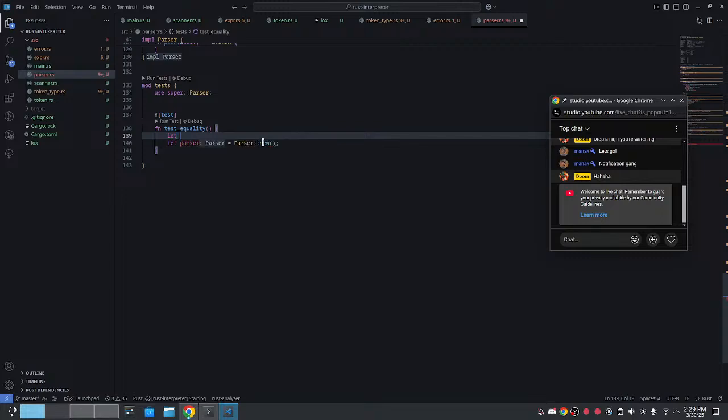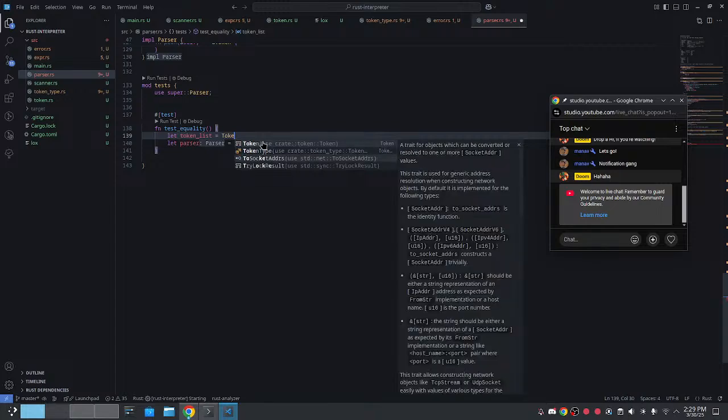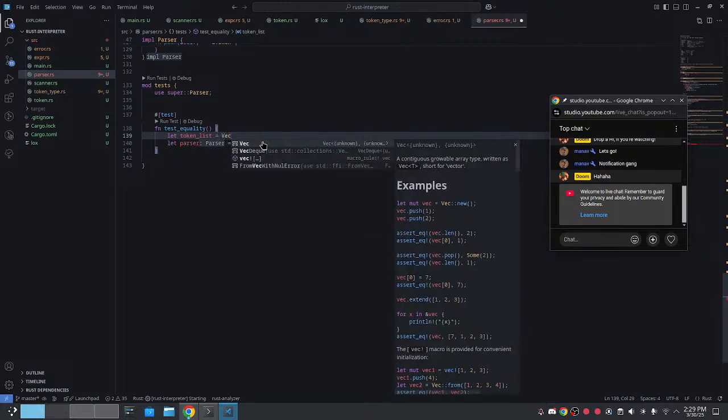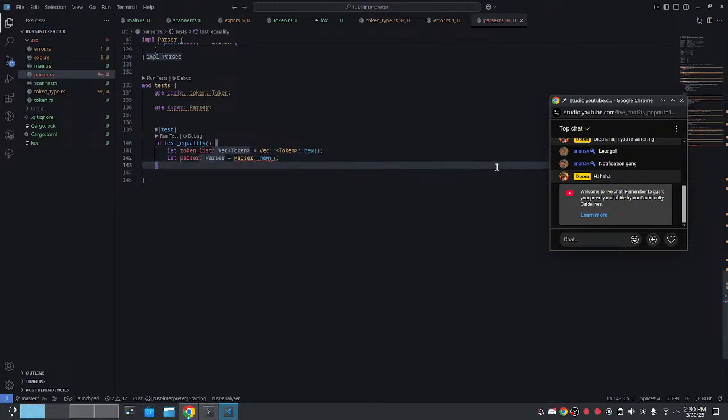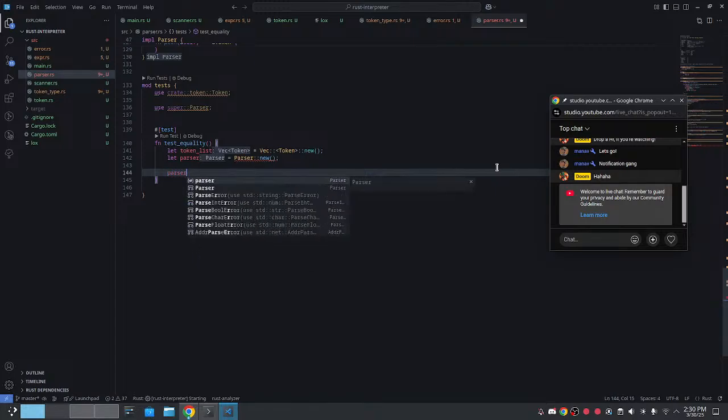Tokens, let token is tokens, vec to vec token new here, right? So this would be a token. Why is... okay, this is not in the scope. I should import it. Now this is okay, and we'll create a parser here, and then we'll call parser dot